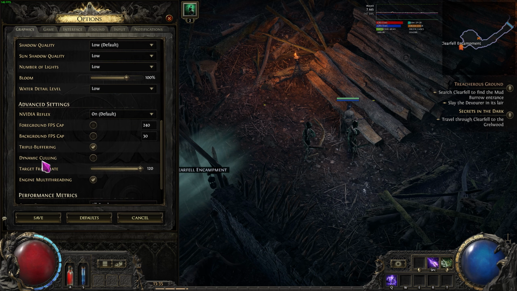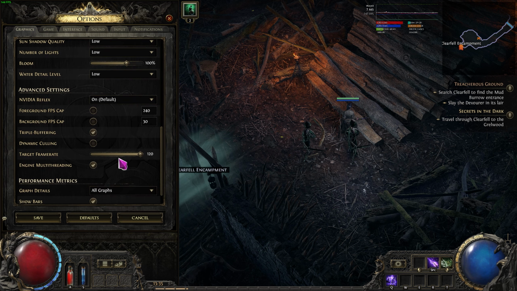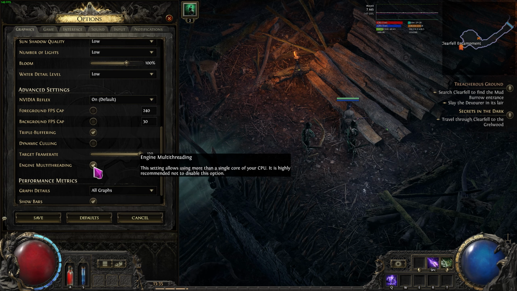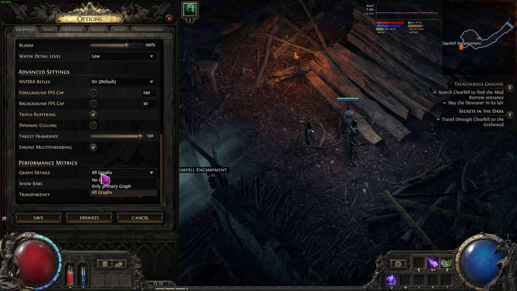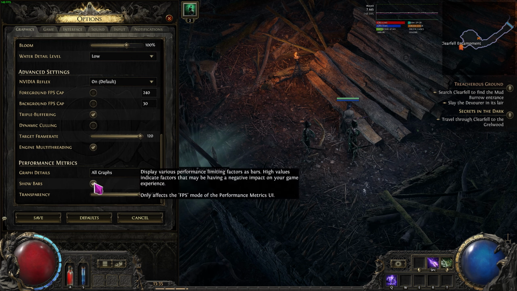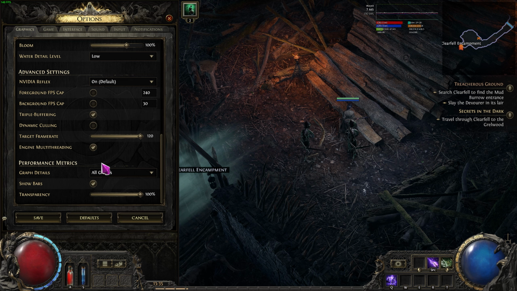So yeah, dynamic culling off. Target frame rate is max 120. Engine multi-threading is on. Graphs, I use all graphs, but this is up to you what visuals you want to see. So if I press F1,